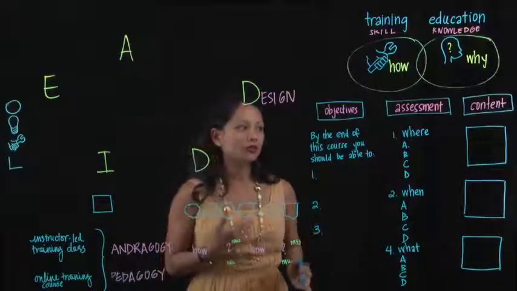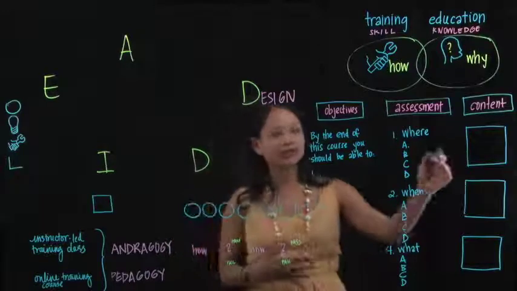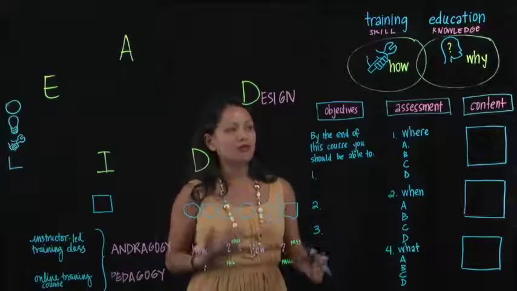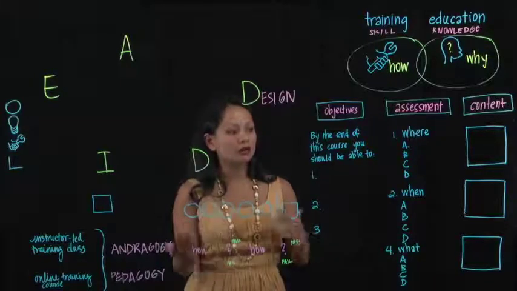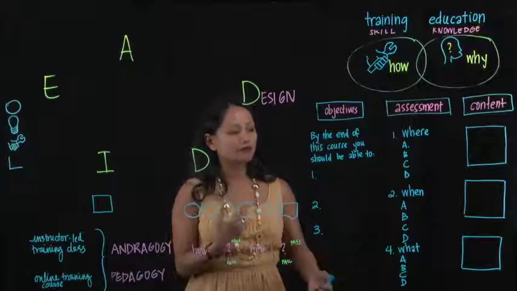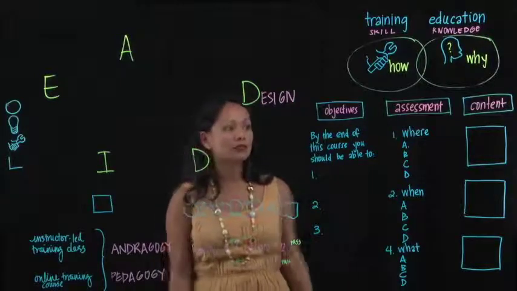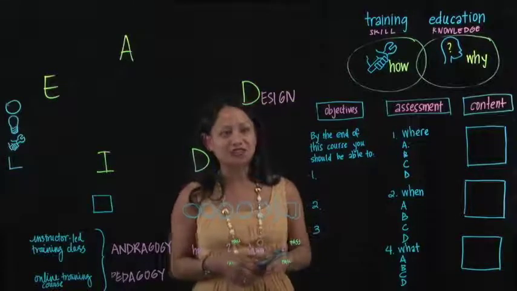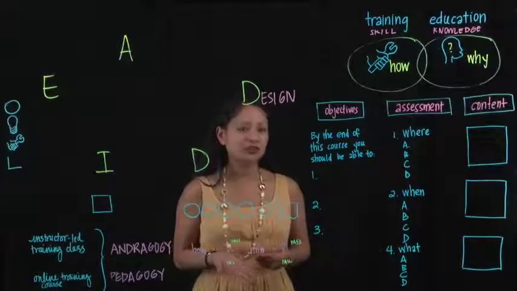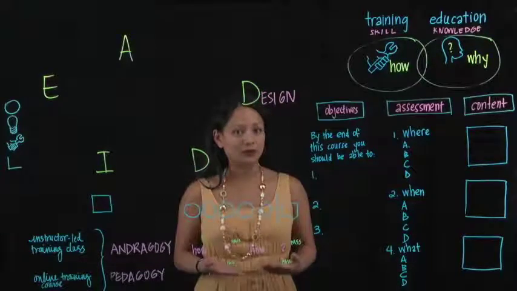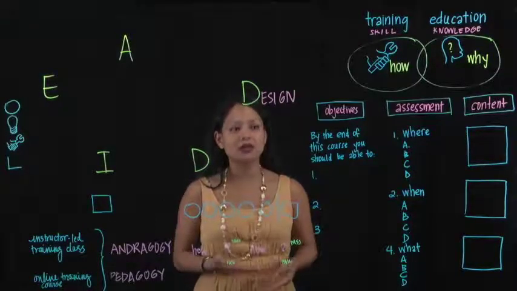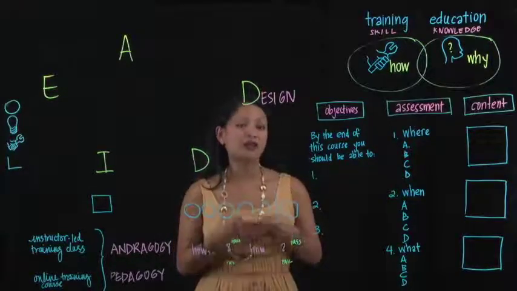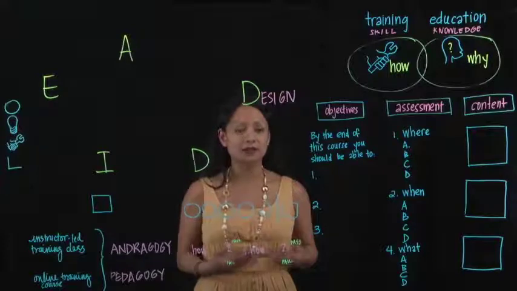So often what we do is we start with the content, and we fill the content in with a bunch of information. But if you do it that way, you're not really mapping out a structure in your course. You're just kind of putting things all down, which is helpful. But certainly, there must be a better way to go about designing content, and that is through this backwards design process. So let me share examples of how to implement this backwards design process now that I've described the 3 steps of identifying objectives, creating an assessment, and then developing your content around the assessment.